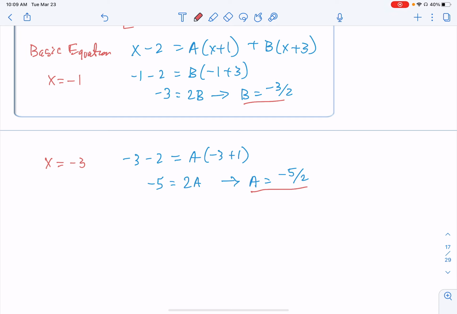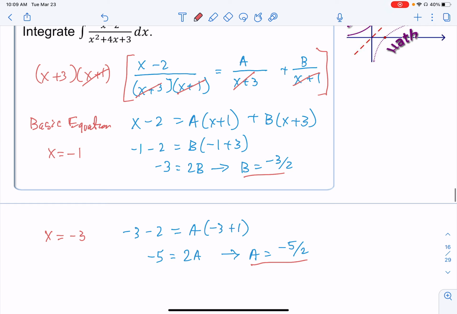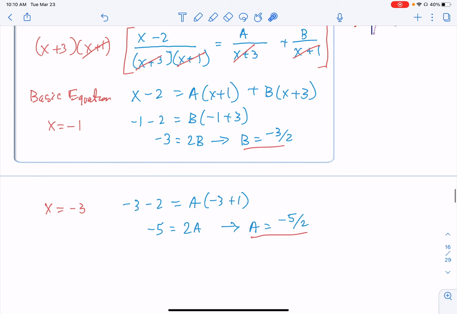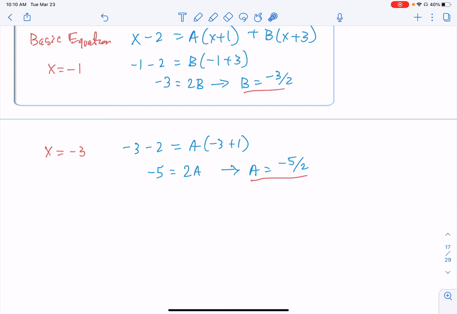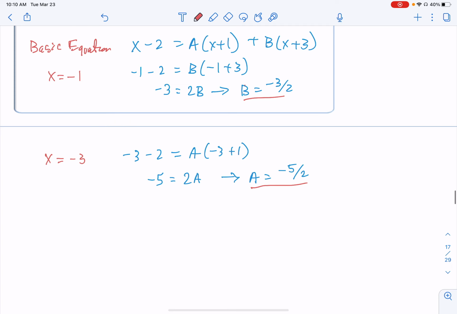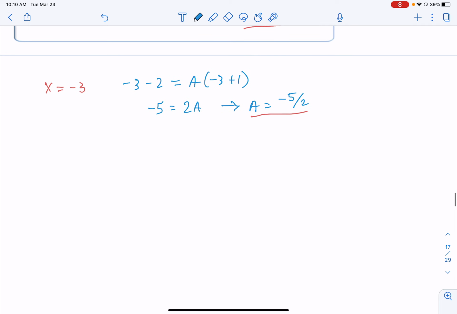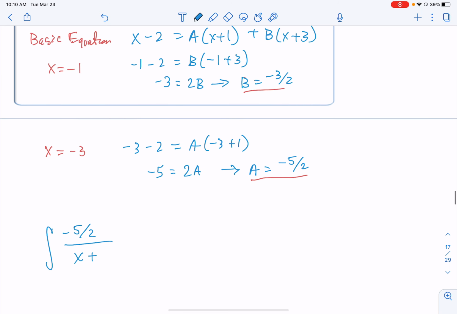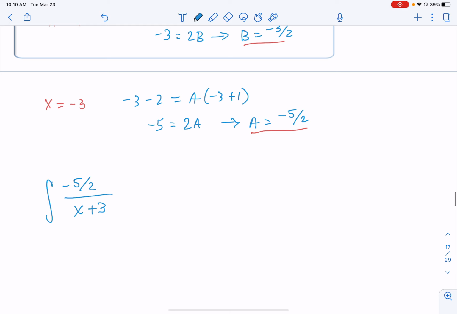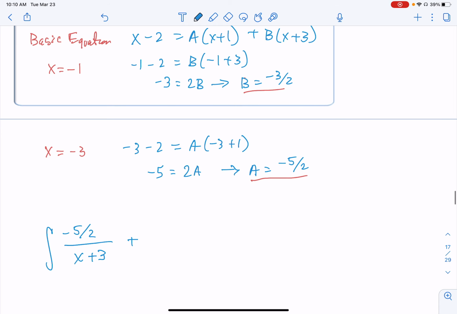So I have my two numerators, and I want to rewrite it, and make sure that you rewrite it in the correct order. The A, the negative 5 over 2, has to go on top of the x plus 3. Don't mistakenly put it on top of the x plus 1. Our integral becomes something far, far simpler, even though it has fractions in it. I've got a negative 5 over 2 over x plus 3 plus a negative 3 over 2 over